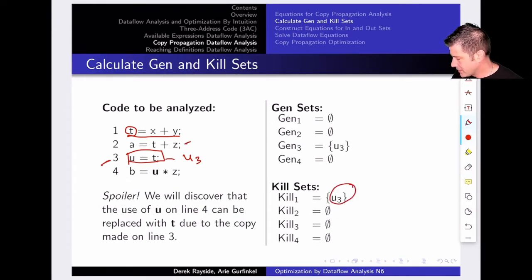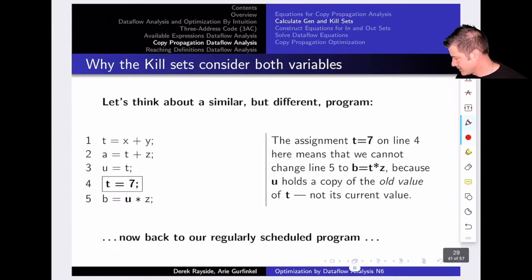There is no kill set here, no kill set here, and no kill set here, because we only have one copy, which is u equals t, and the only way to kill this copy is to assign something to its right-hand side, to t. So only an assignment to t is a kill. And we only have one gen, because the only way to create a copy is to assign a variable to a variable, and we only have one such statement, and the gen that we create is u3. Okay. Once we have this, we just need to solve our equations. But before we do so, let's look at